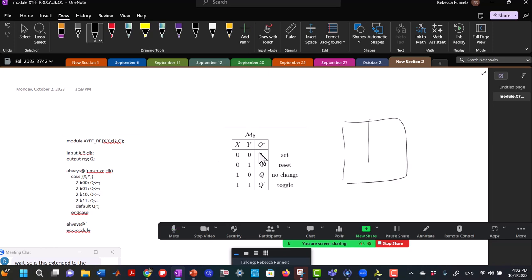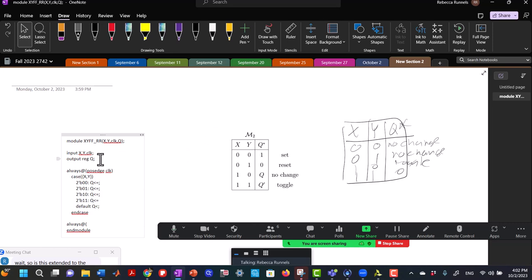is if you have x, y, and Q star: 0, 0, 0, 1, 1, 0, 1, 1, and let's say that we had no change, toggle, and 0. Okay, let's say that's what we had to do. So the way this would be different would be I would have